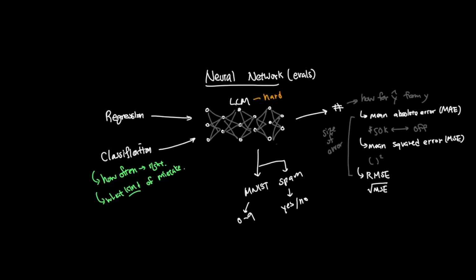Evaluation gets even harder with large language models. For housing prices, there's always a clear correct number. For MNIST, there's always a clear correct digit. But for a chatbot, there can be many good answers. If someone asks, "Explain neural networks simply," there's not one perfect response. One answer might be shorter, another answer might be more detailed, and another might use a better analogy.